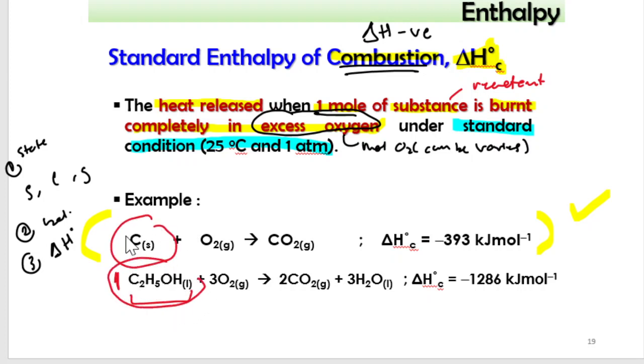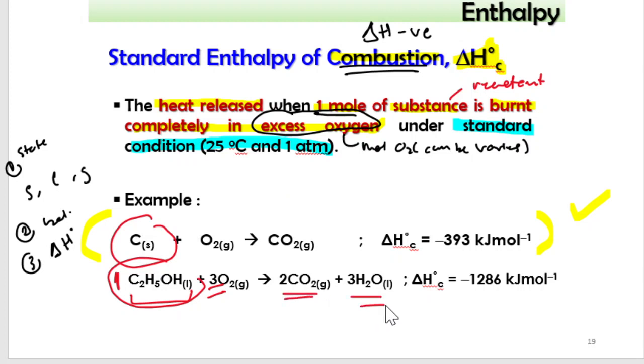So don't change the stoichiometry for your compound. And in excess oxygen, it means you can change the stoichiometry of your oxygen to balance the equation, and for combustion of your organic compound you will get